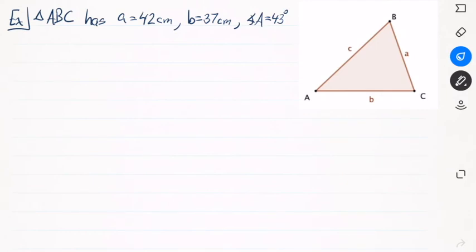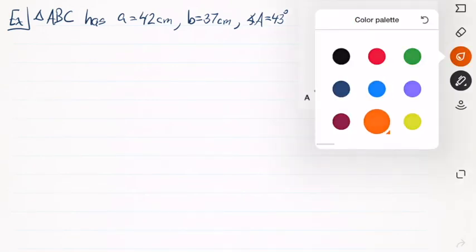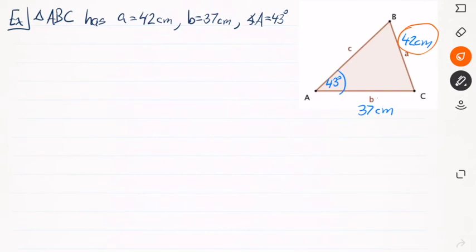So here we have triangle ABC has side A is 42, side B is 37, and the measure of angle A is 43 degrees. So if I put that information into the picture, B is 37 centimeters, and A 42 centimeters, then this becomes the setup of side, side, angle. And if we're dealing with side-side angle, then that is the ambiguous case, and we have to be really cautious with this one. So what this means is we can have